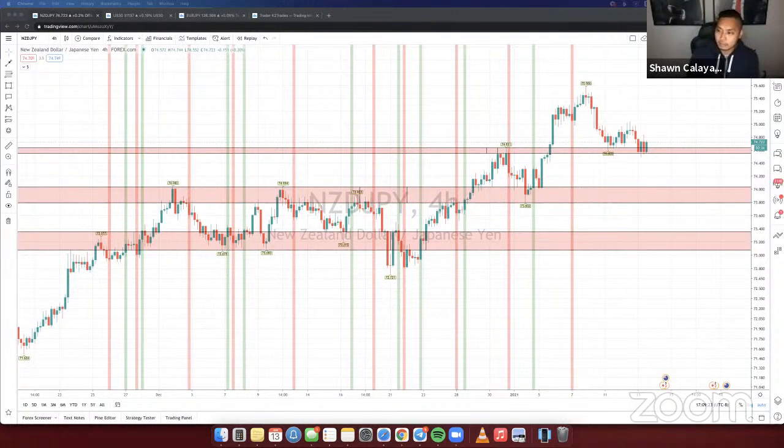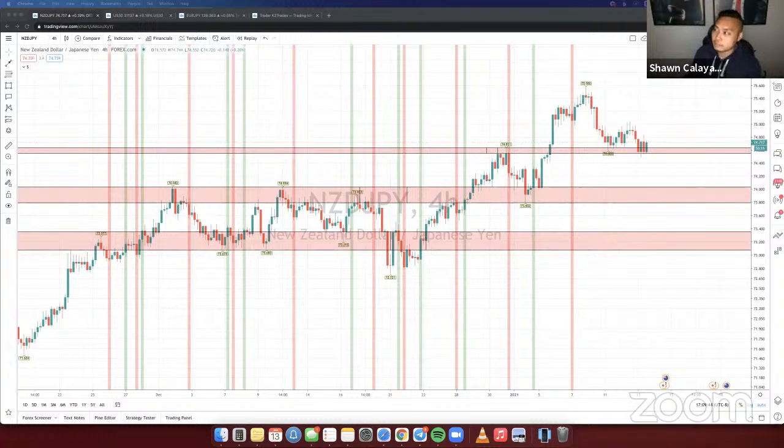Yeah, exactly. And there's a couple other people in the group too where they just take multiple positions. How we have three TPs, they'll have three TPs as well, or three separate positions. And then they'll have a different lot size for each of them. Obviously for the closer TPs, they'll have a bigger lot size. For the middle TP, they would have a middle lot size. And then for the full move, they would have a smaller lot size.